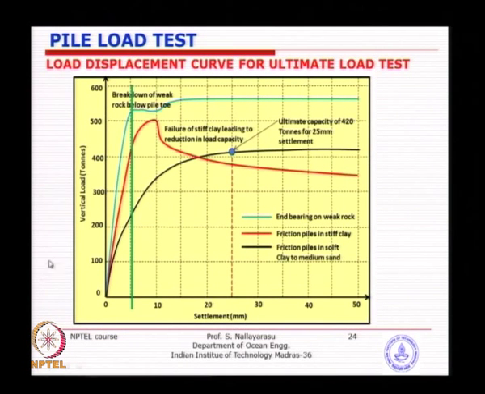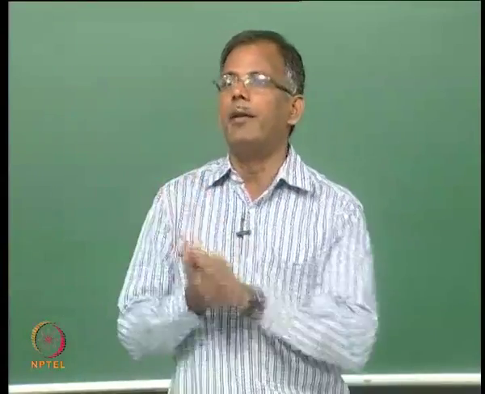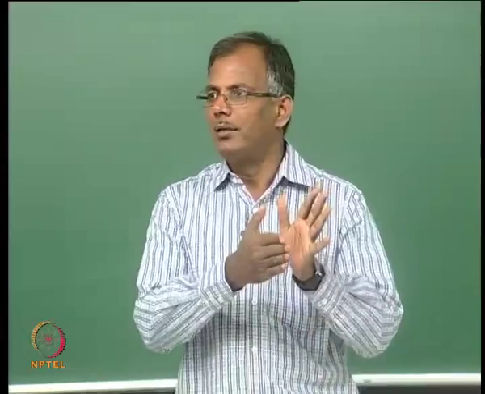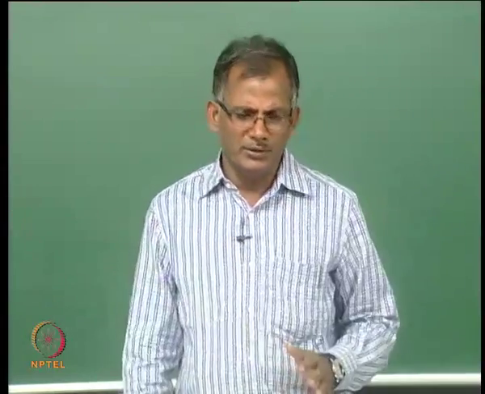So if you look at this graph, the load displacement curve for ultimate load tests up to failure, you can see, depending on the type of foundation material, you will see three types of behavior. If you look at the blue one, end bearing in weak rock, basically it increases and then suddenly fails. You will see a certain capacity reached, and the rock fails. It's almost like elastic and then perfectly plastic. So something similar to this.